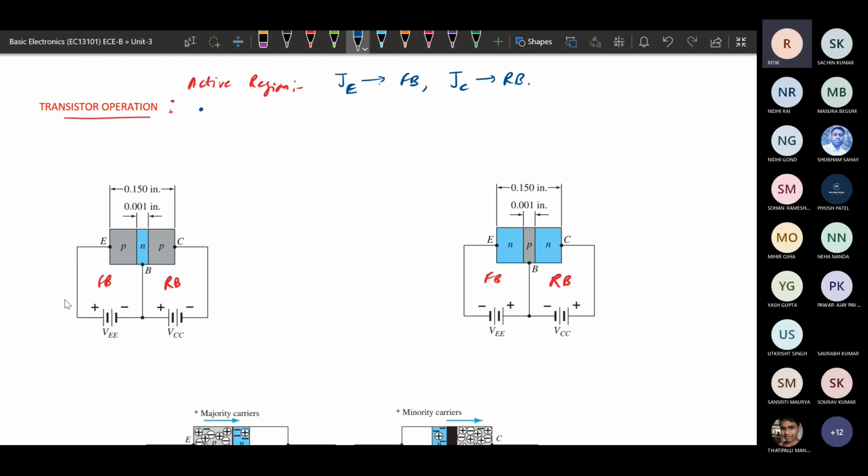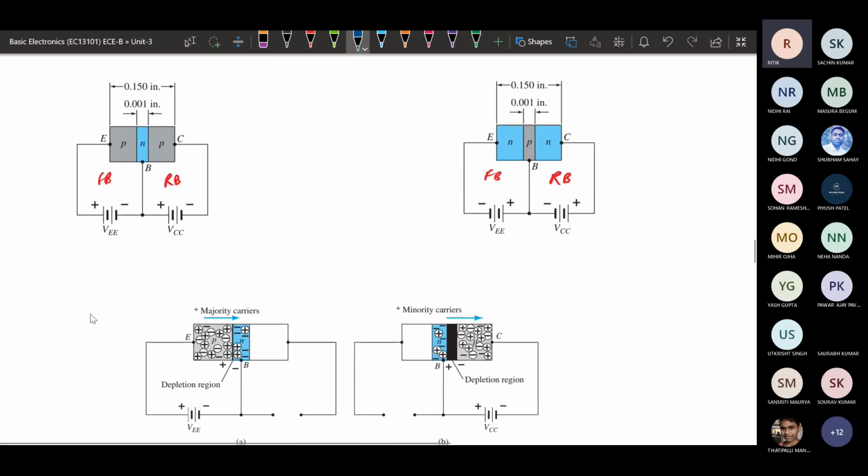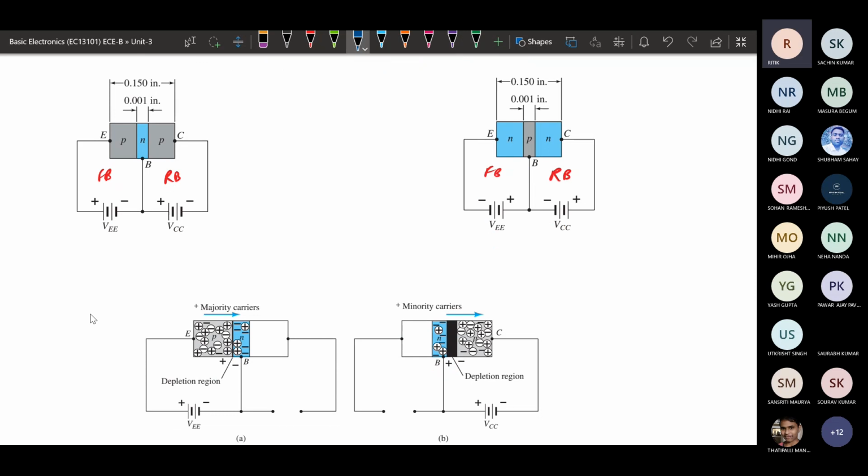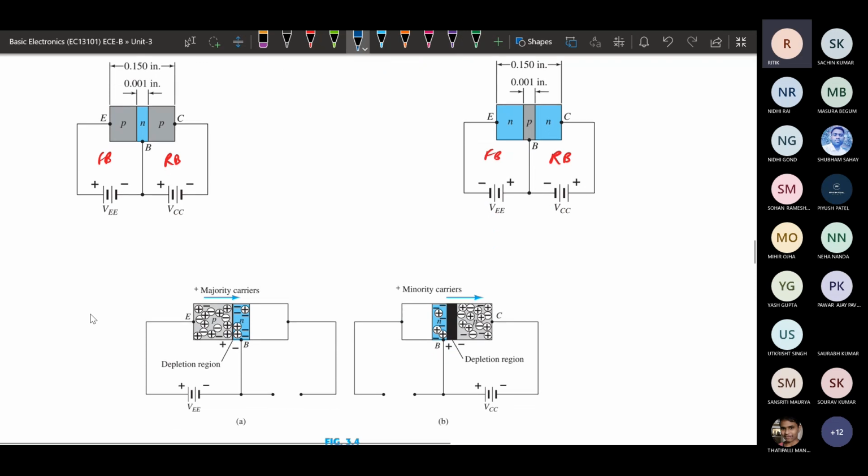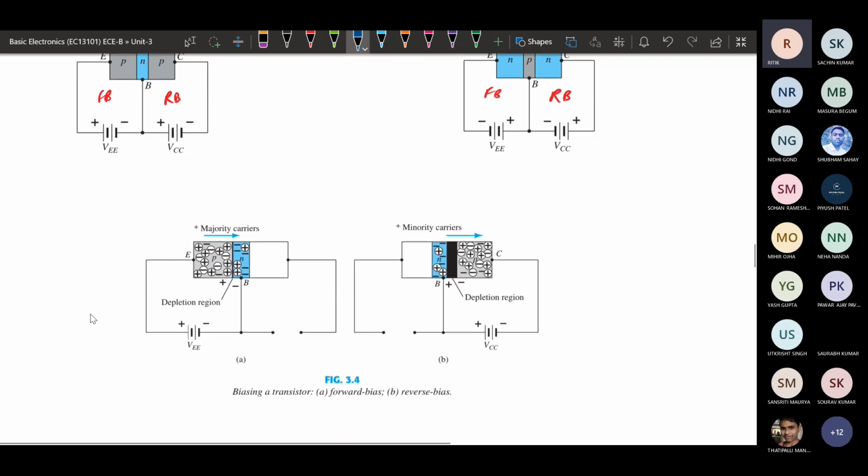So here, this is the configuration: the first diode is forward biased and the other one is reverse biased, so we have considered the analysis of one diode at a time, because a BJT is made up of two different diodes connected back to back.